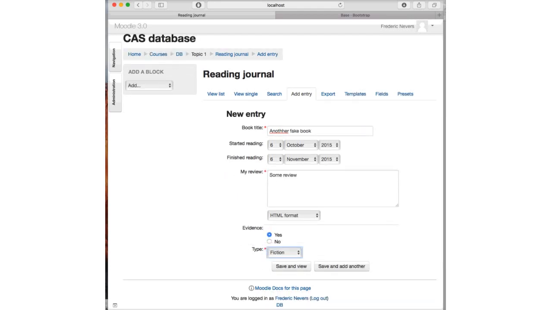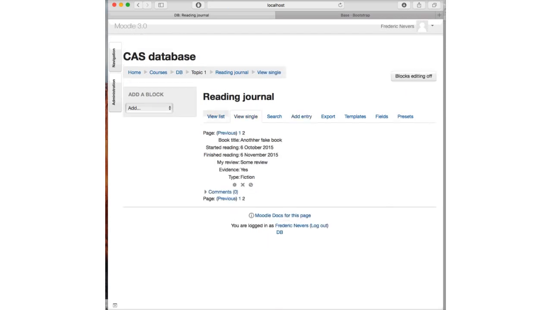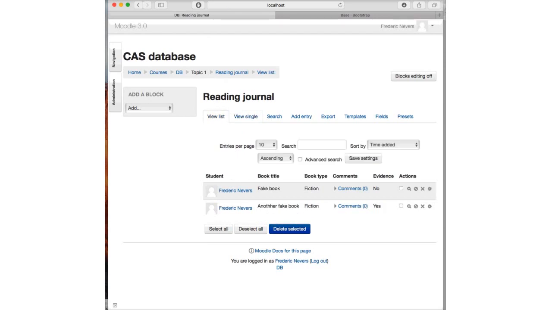See, that was new in 2.9. I think some of the entries are required and some are not, and that's going to allow us to do some pretty cool stuff with the database. I'm going to save and view, and my single view for the moment is very, very basic. You can see my table looks a little bit nicer already with just one piece of code, so that's pretty nice. So now that would take us to our step number one